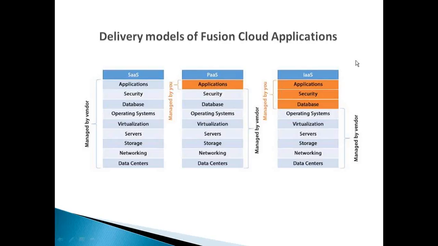It's very simple. If you want to make functionality-related changes, and they're simple changes, you may manage them with personalization. In SaaS, you can go with personalization. Or else we always have the option to capture some additional information through DFFs. You may capture it through DFF, or do a simple personalization in SaaS. Apart from that, if the client requirement demands some changes, the only option is PaaS.